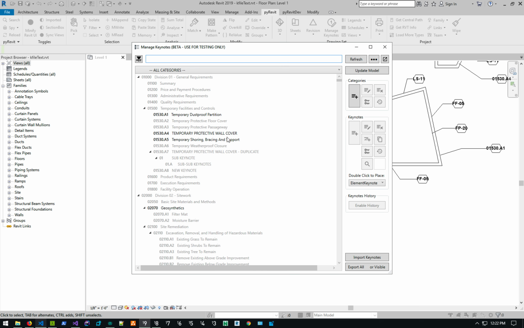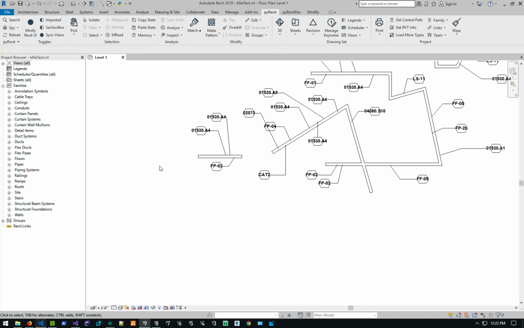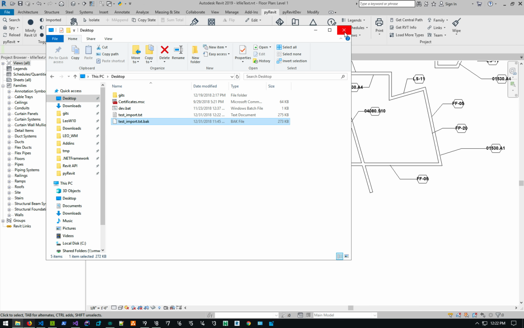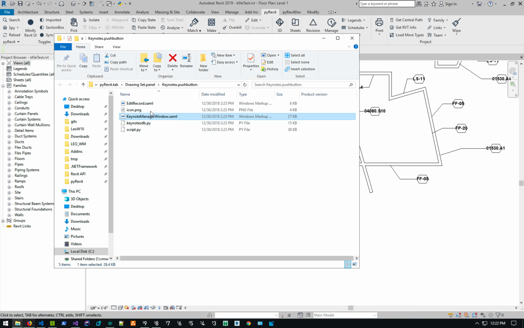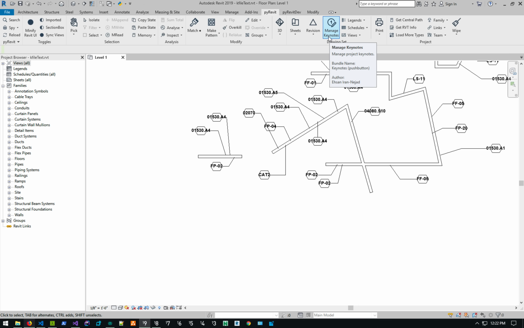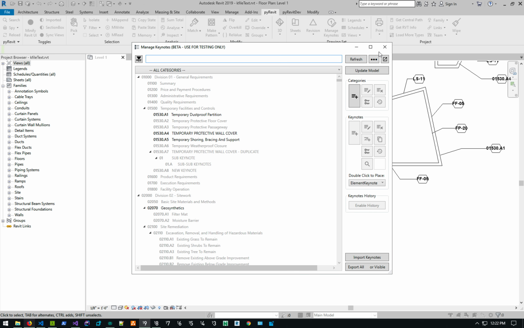Everything else around it is just, there are two major windows in the tool, let me open that. There are two windows, the Keynote Manager window and the Edit record window, which edits the categories and everything else. And there's the Keynote DB module that handles all the communication between the Keynote Manager and the database engine, and handles timeouts and timeout errors if there are any. And the script that provides all the editing and adding new keynotes supports the functionality for these two windows. It's a very simple tool. You can take a look at the code if you want to add more features to it. The last thing that I wanted to talk about is that